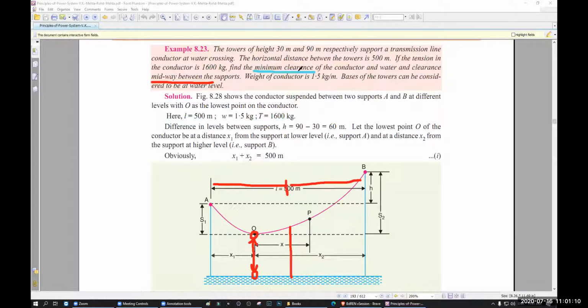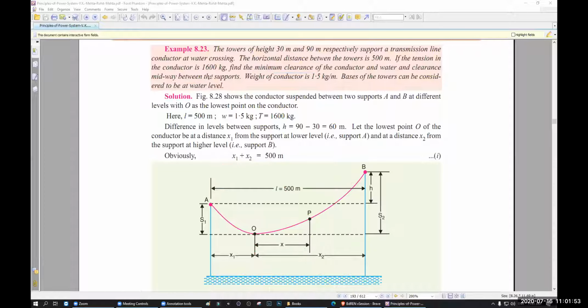Okay, here they actually showed the point here. What will be the clearance at midway? Midway means 250 meter, 250 meter. When a ship goes through the middle, can it go or not? This clearance calculation is very important because when a ship is trying to go through the river, you have to provide the data. Okay, you can go or you cannot go. Got my point?